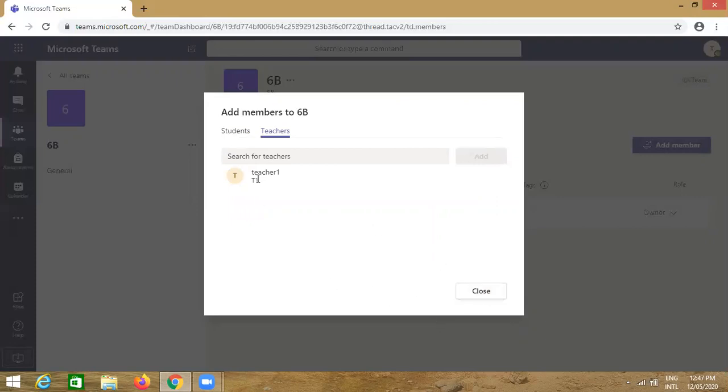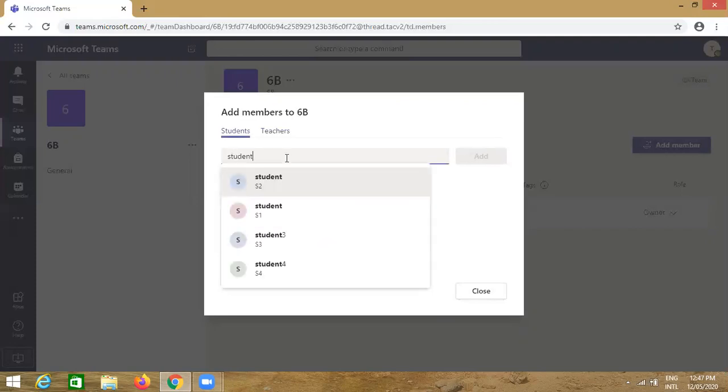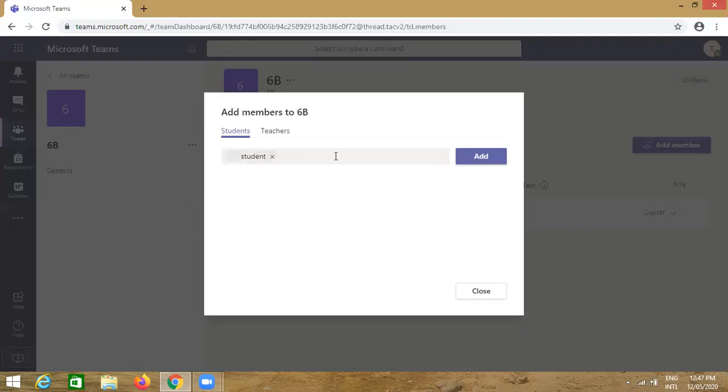We can select the students here. So who are the students, we will search here. So students, as in the scenario already I have told, student 3 and student 4 are there.